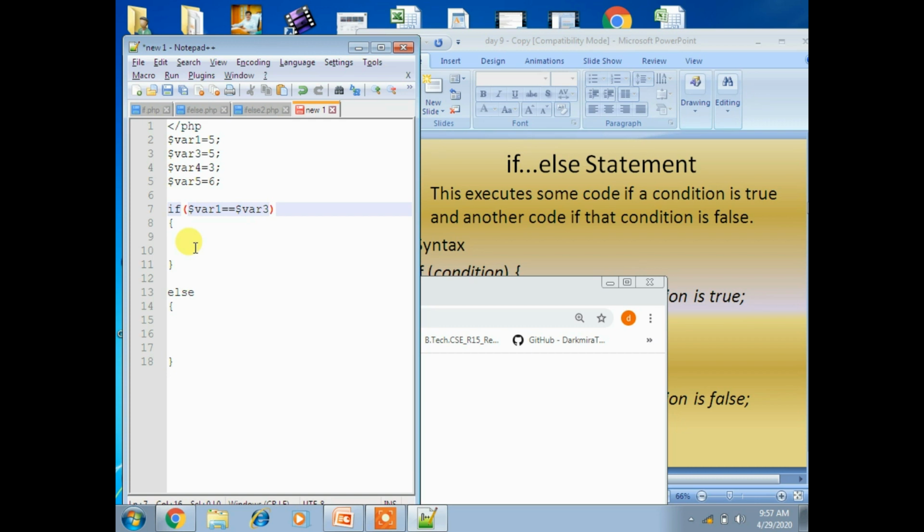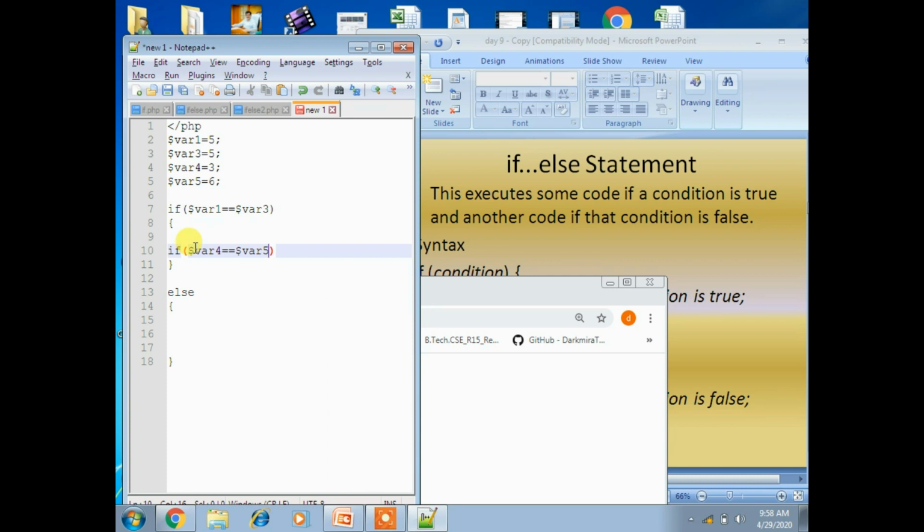Now for this one I'll take another condition: if $variable4 == $variable5.